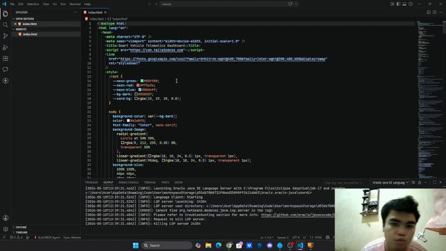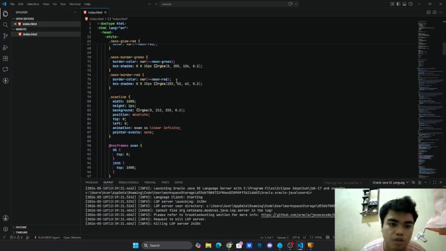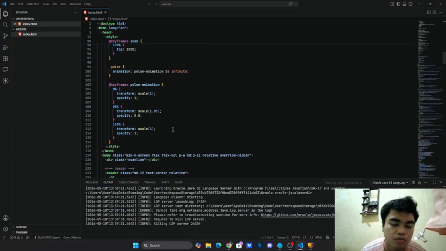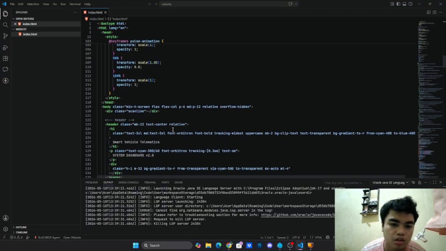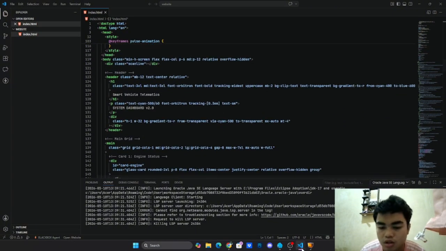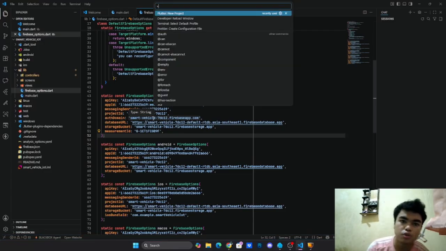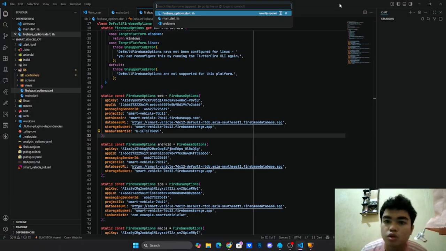You can build the prompt in Gemini and paste it into Anti-Gravity to build the code and the theme you like. In Flutter, you can create a new project with Control Shift P, but we don't need to because we are done with this project.